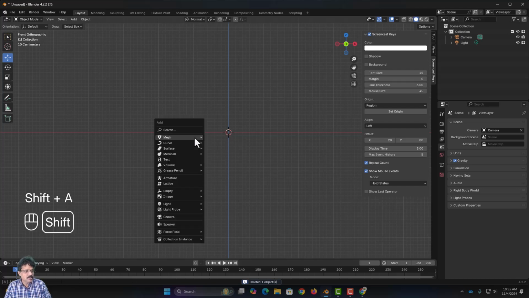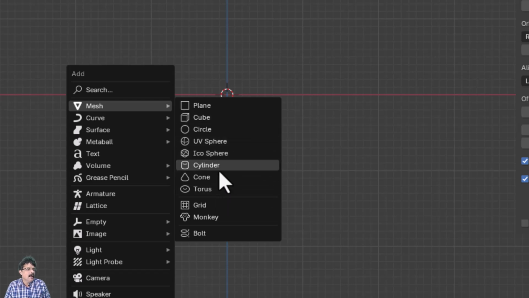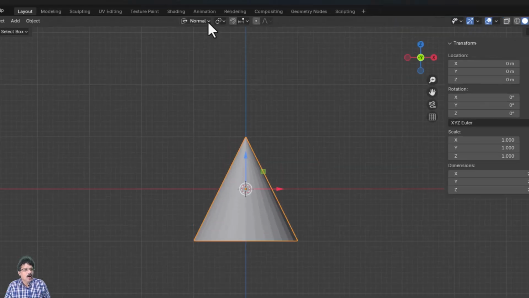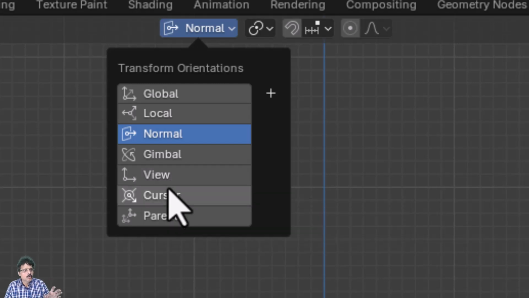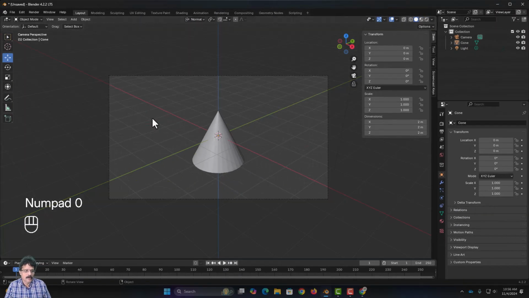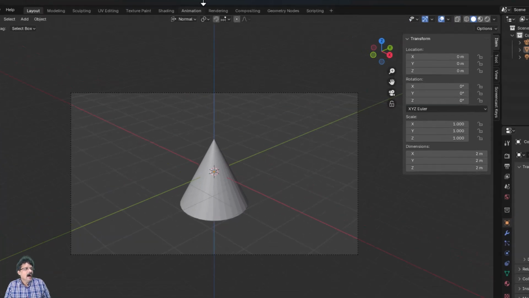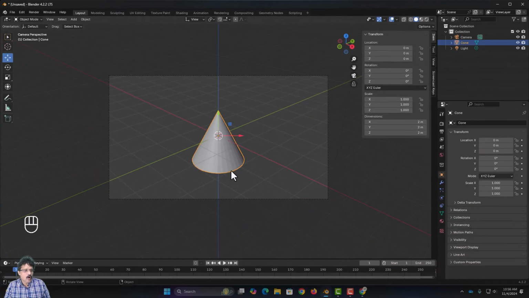Now I will press Shift A, and I am going to add, say for example, a cone. If I set the option of this to view, this is the view transform orientation, we are going to use it especially when you want to modify something in camera view. Say for example, I press 0 and come into camera view, and I want to move this object closer to the camera. Then I can come here to the axis view, and when I choose view and select this,